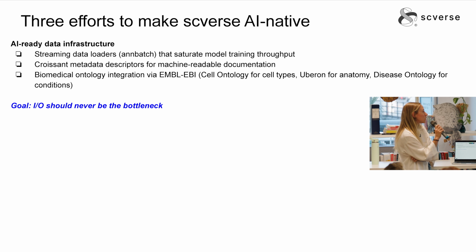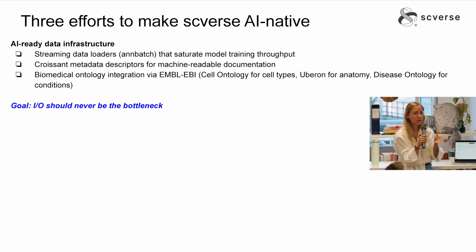So the first thing we did is that we're working on this Unbatch, which is streaming data loaders in order to be able to saturate the models while training, from reading them from disk. Because as we said before, the models become bigger and bigger, so you cannot load them in memory, and you need to be able to train efficiently by loading from the disk. And that's kind of a solved problem. There was an ARC Institute effort recently in a similar vibe. So we did something very similar. Ours is undata tailored, so it should work directly with the whole ecosystem.